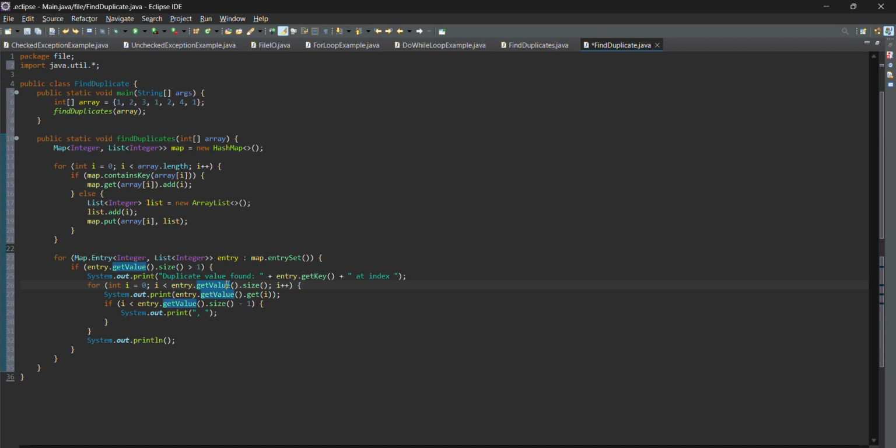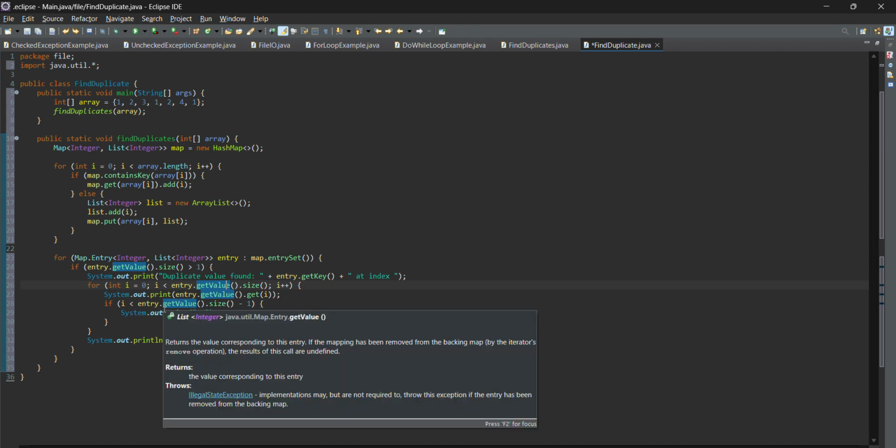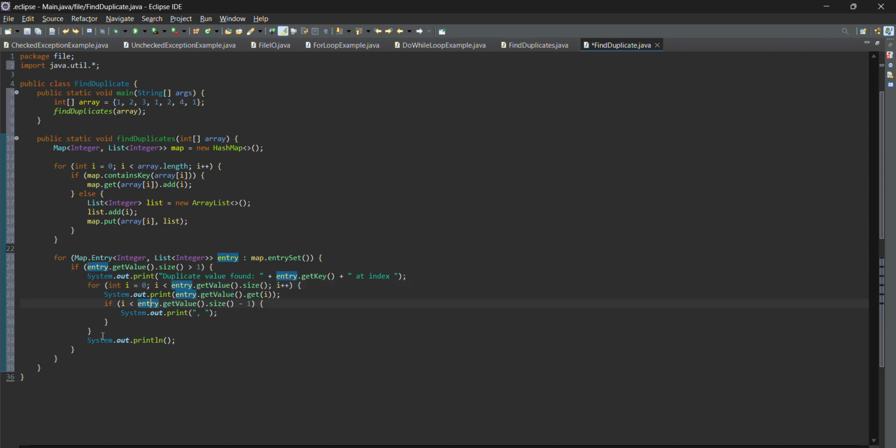So System.out.println adds a new line after printing all the indices for a single duplicate.